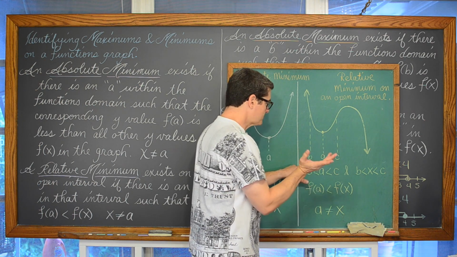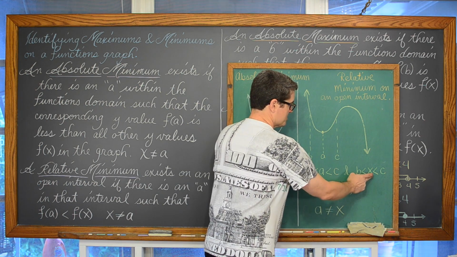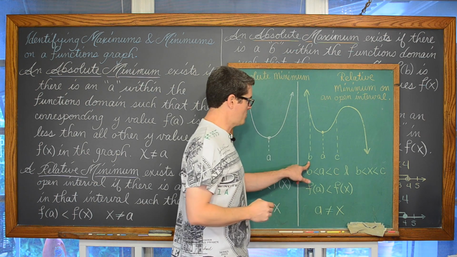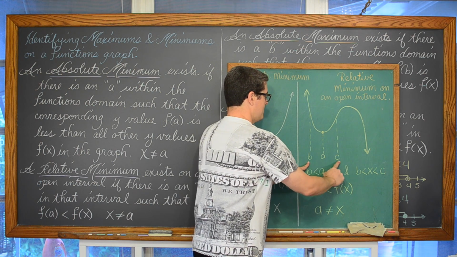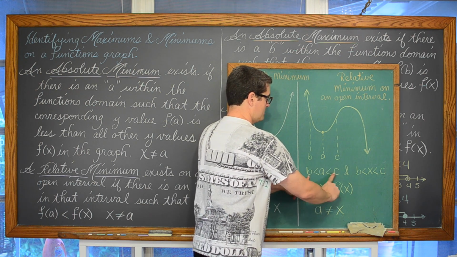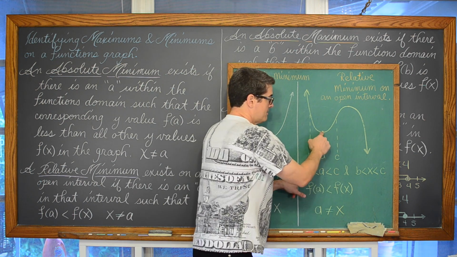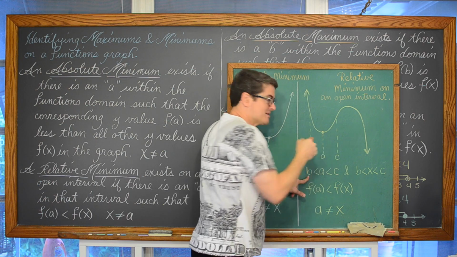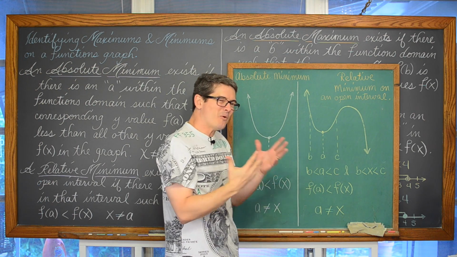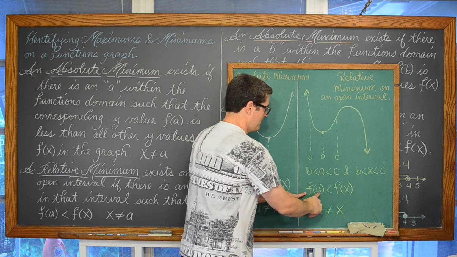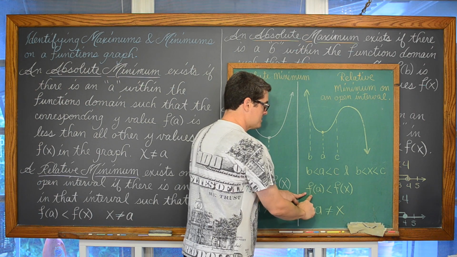And now, for this notation, we also need to assume that x is within that open interval as well. So within this interval from b to c, this open interval from b to c, a is greater than b and less than c, there is that bottom point. We can see it. So mathematically, all mathy talk, that means that f of a, within this open interval, there is an f of a.